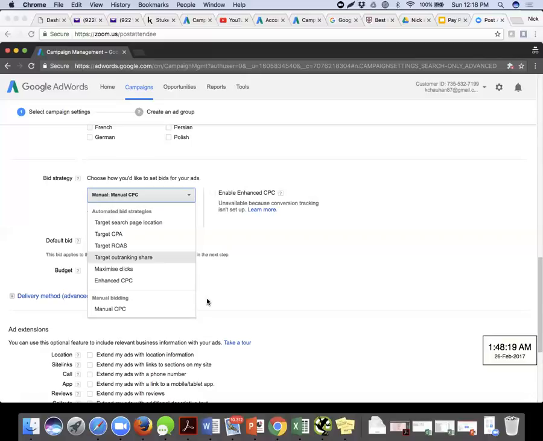Outranking share, I've told you, maximize clicks is all about that. You tell Google that 50 rupees is my bid, that's how much I'm willing to pay, 500 is my budget. I want you to focus not on conversions. I don't want you to focus on the ranking. I want you to focus more on the clicks. I want my ads to be displayed in certain scenarios when I get across the maximum. And that too with the budget constraint and the bid constraint which I'm giving.